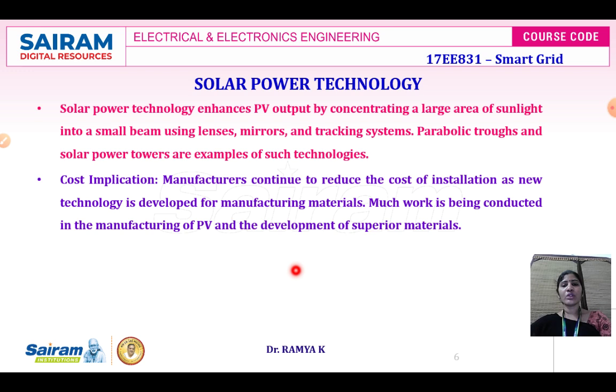power. And also cost implication is one of the major impacts when we are going to design any system by installing solar. Manufacturers will continue to reduce the cost of installation as new technology is developed for manufacturing material. When we switch over from silicon to a nano composite material, then the solar module will become flexible, and with less material it is possible for us to develop an enormous amount of cells. Therefore the cost of installation will depend upon the nature of the material, how the solar